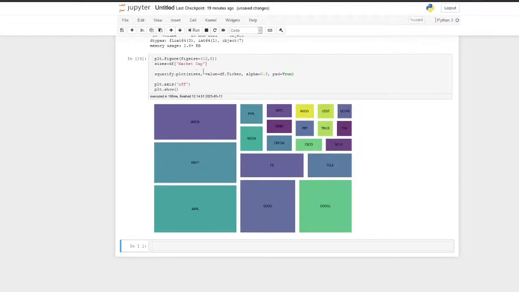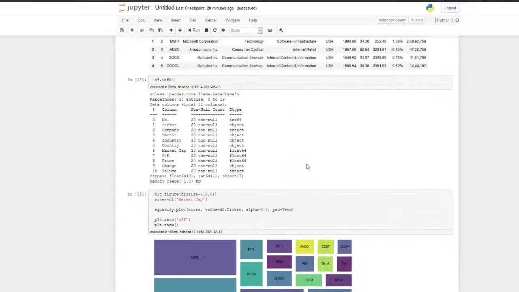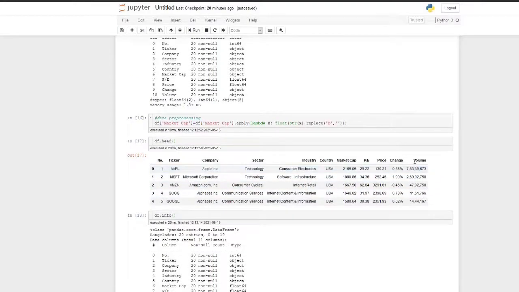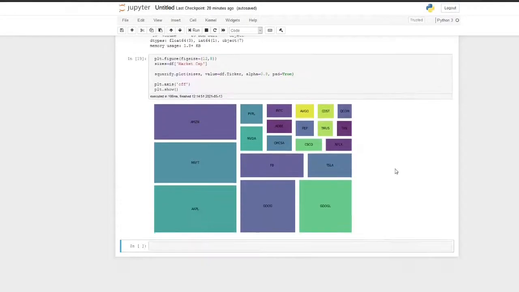Okay, now we will give the shading depending on something which can convey meaningful data. First I will use volume, so I will use trading volume as a measure. The data will be colored according to the trading volume.